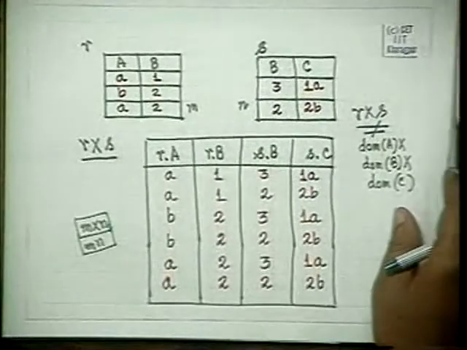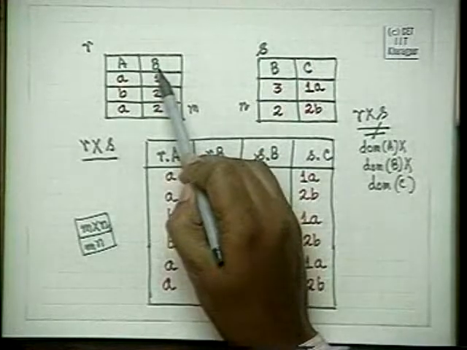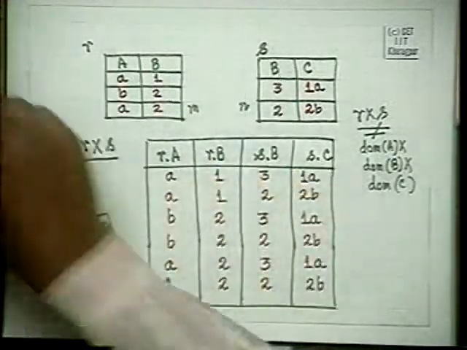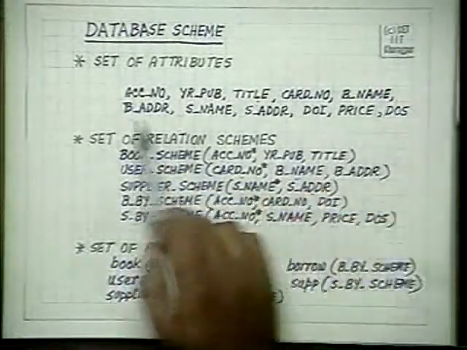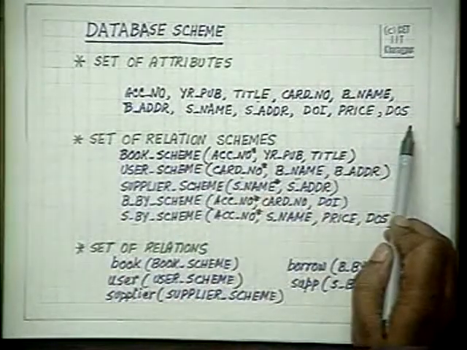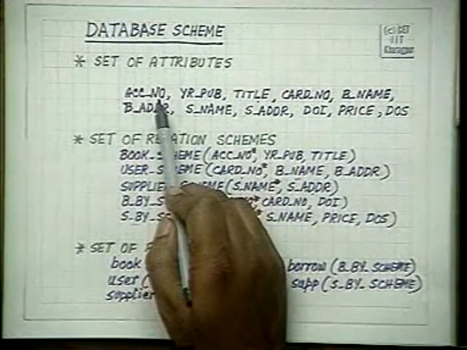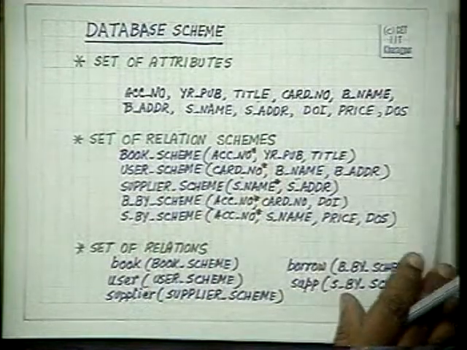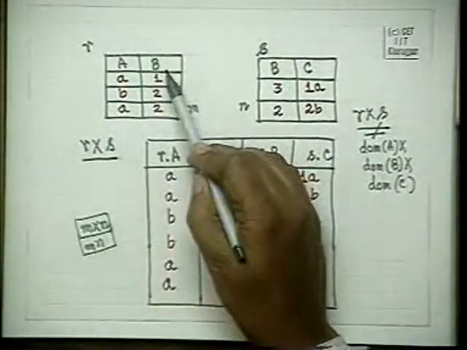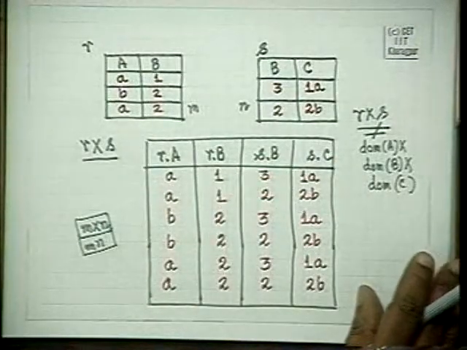In one relation, if you declare B as an integer, you cannot have B as a string in the other relation. I have said before that you first define the set of attributes and their types. So you have defined A as a particular attribute, and you have defined that attribute to be of a particular type. Therefore, that attribute cannot have two different types in two different places, in two different relations.